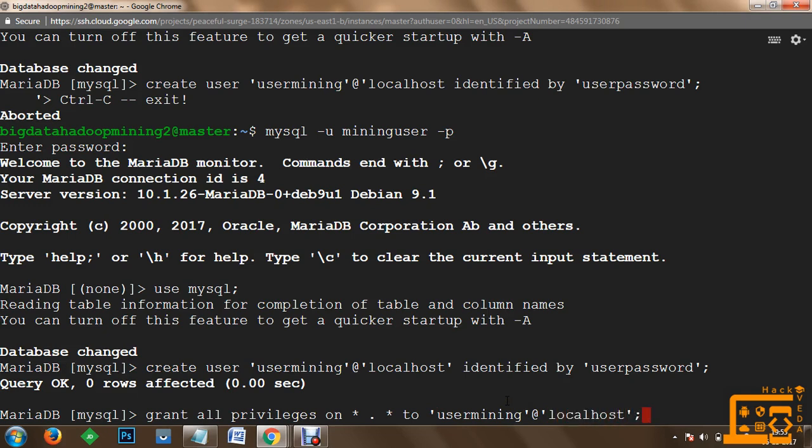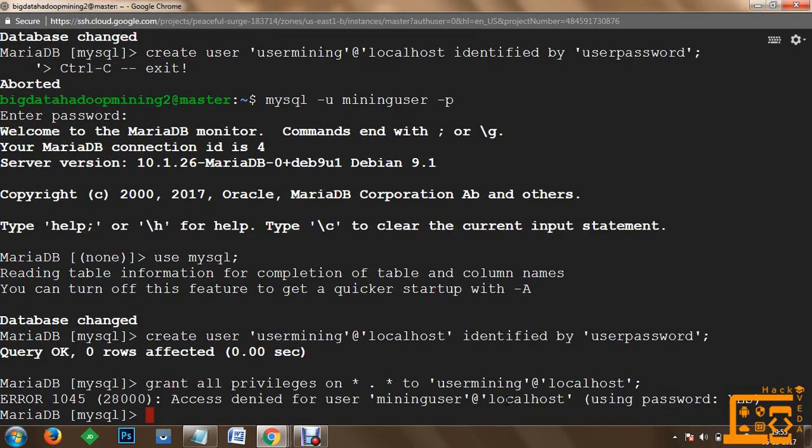Somewhat like this, we are going to grant the permissions. So for the first time, once you log in as root and execute grant all privileges, your privileges will be accepted and all the privileges will be allotted to your mining user account.